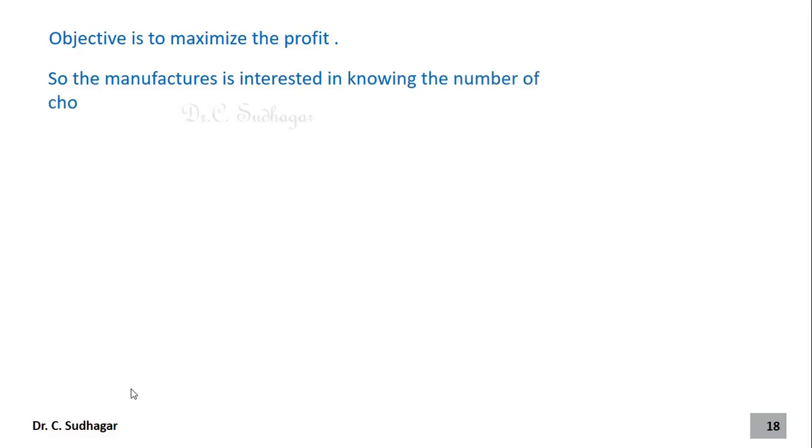So the objective is to maximize the profit. In any business we have to maximize the profit. The profit will come by selling the chocolates. So the manufacturer wants to know how many milky, creamy and nuts chocolates can be manufactured on which types of box and by using which types of machines. Okay, so let us take them one by one.